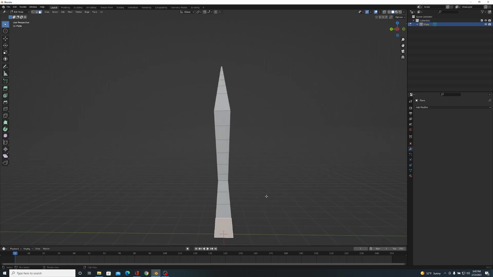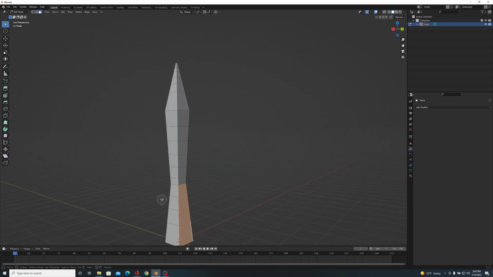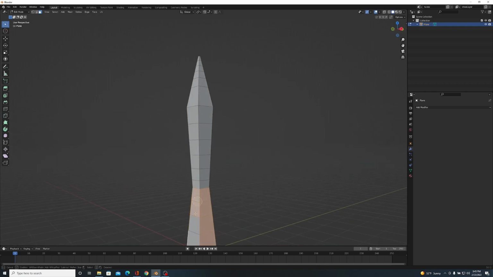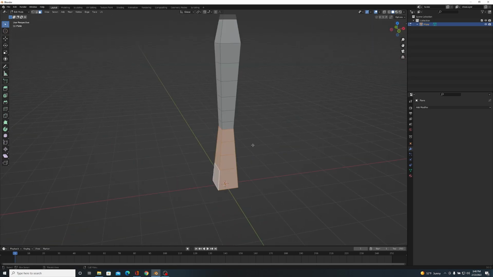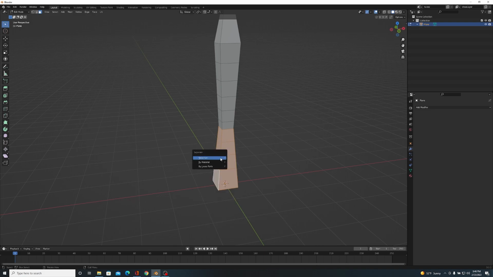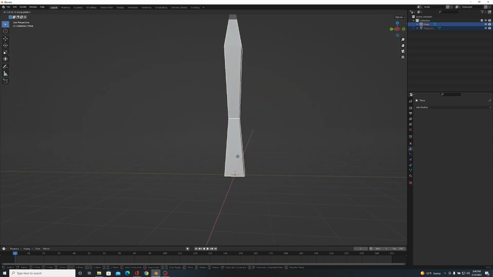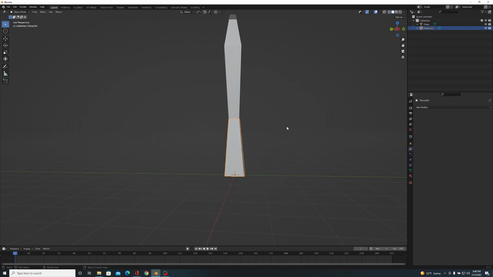All right, so now what we're going to do is we're going to go ahead and select everything before each bend. So we're going to select this piece and the bottom section. Don't forget the bottom section. All right, and then you can do this one of two ways. First way is to right click, and then go down to separate, and then click on by selection, or you can just hit P on your keyboard and by selection. And then boom, now we have this little section here, which is separate from the rest of our mesh.